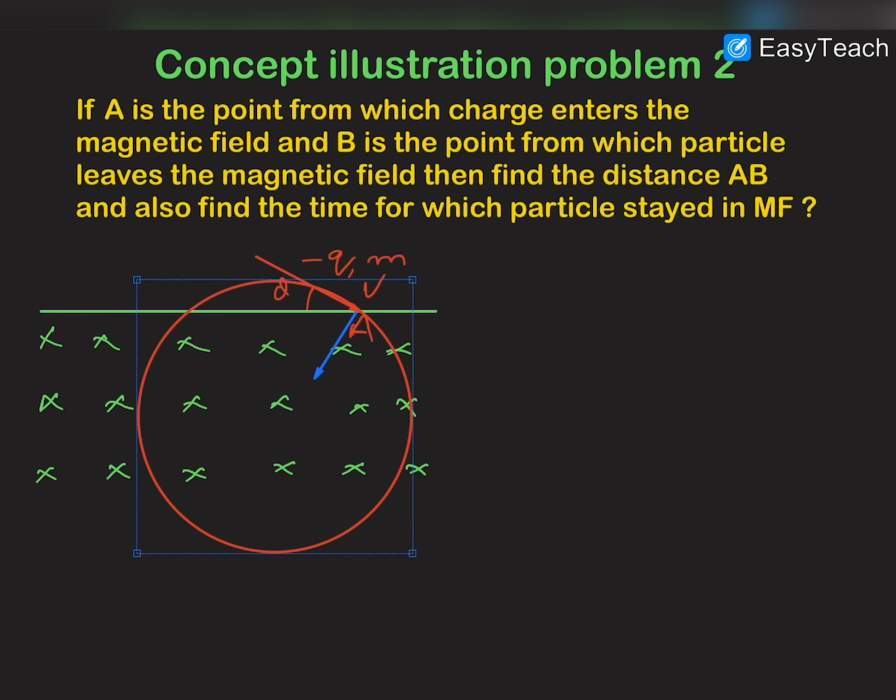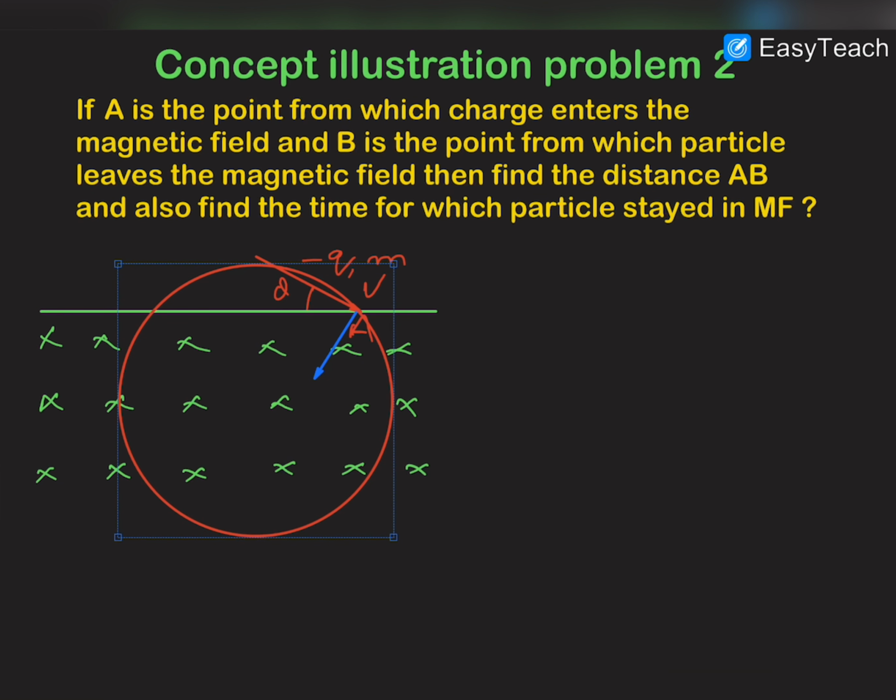This particle will go like that. Obviously again it would be moving in a circle only in the magnetic field, but the circle center would be lying inside the magnetic field, and if we find out the center,